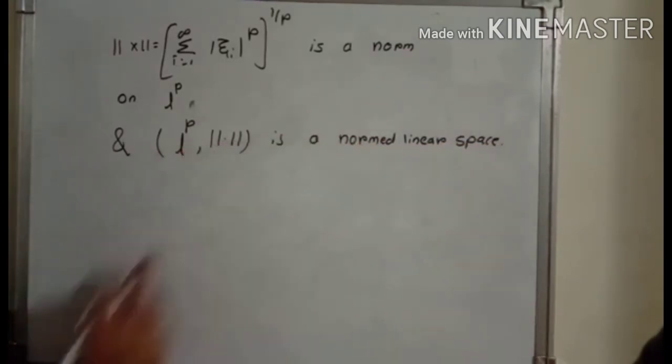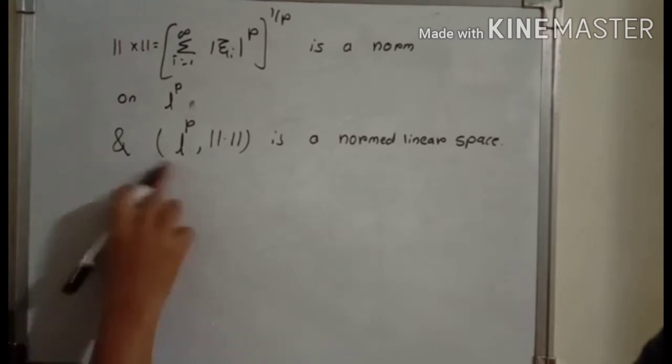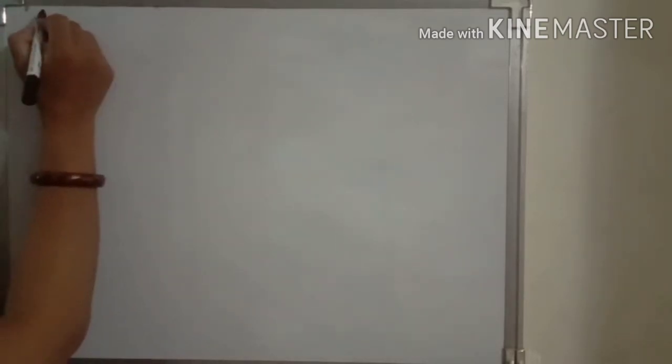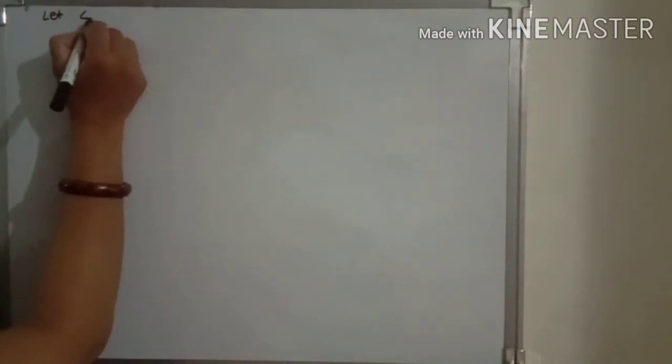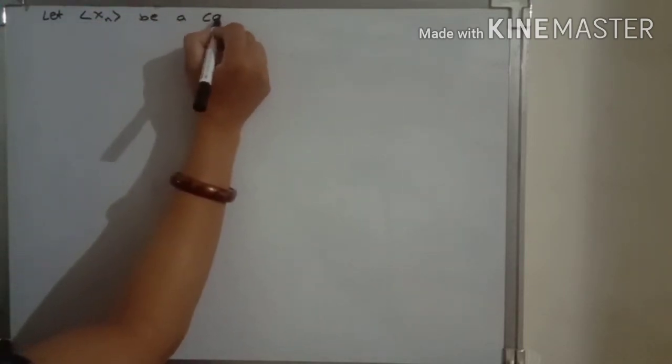As it is a normed linear space, but we have to prove that LP is a Banach space. That means we have to prove the completeness of LP. To prove the completeness of LP, we have to show that every Cauchy sequence in LP converges in LP. So we start with the Cauchy sequence. Let sequence xn be a Cauchy sequence